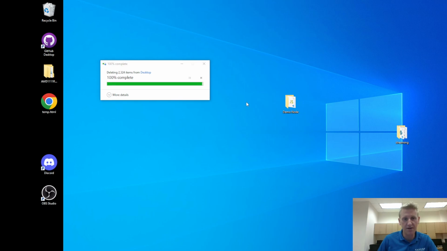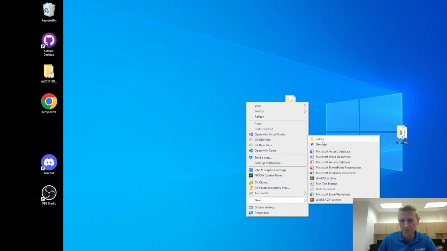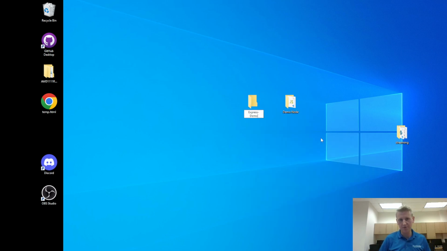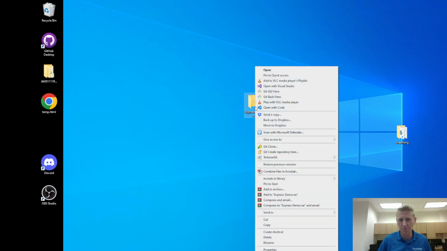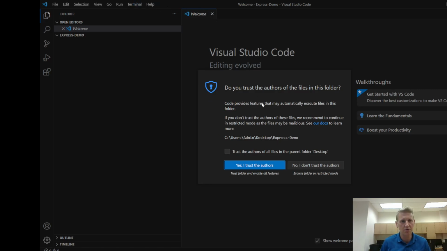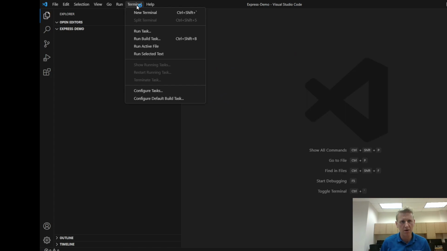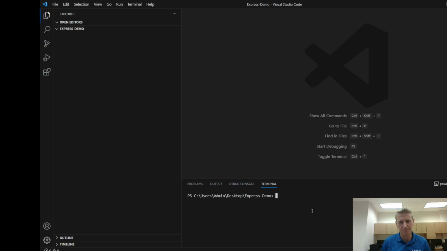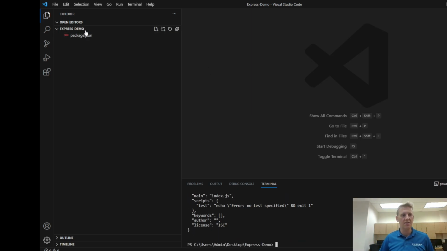So we'll start with an empty folder here on my desktop. Call it Express Demo, and just walk through a couple of steps. Now you can right click, open with Visual Studio Code, and let's go into a terminal window. Terminal, new terminal. npm init -y, and that's going to get our package.json with some default configuration settings,